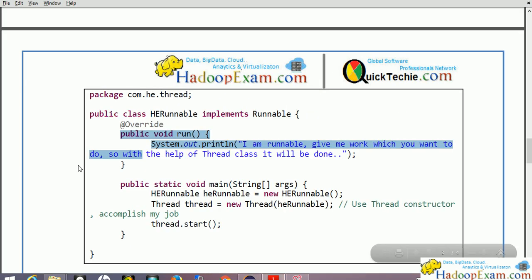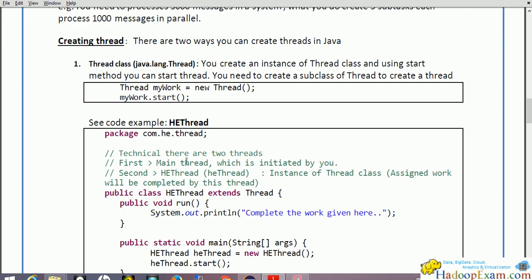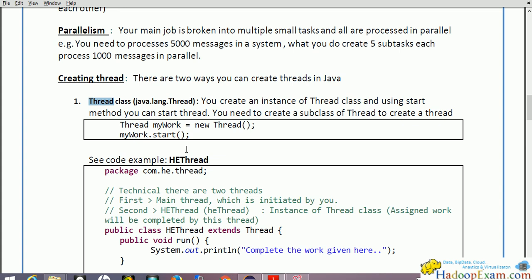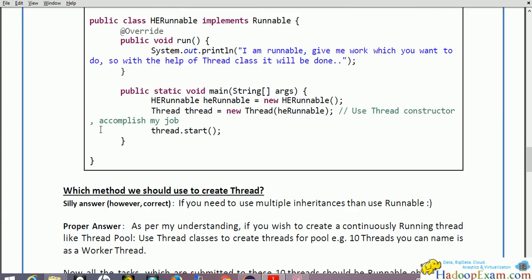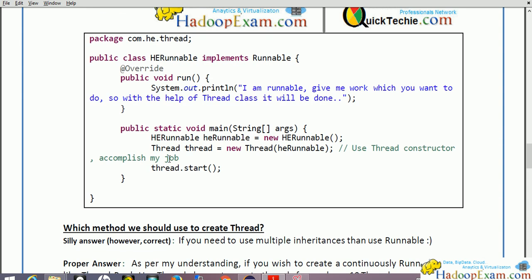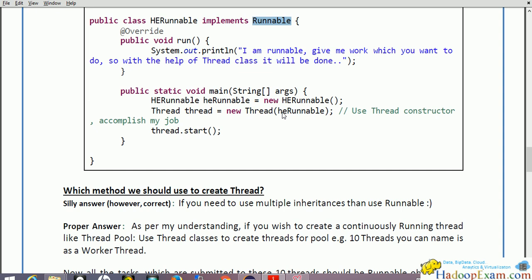Now the very important question, from the interview perspective or your understanding perspective: which method should I prefer when I am going to work on multi-threading? Should I use runnable or the thread class? What is your suggestion? Many people give very silly, very general answers, like runnable supports multiple inheritance, and that's the reason we need to use runnable. Frankly that is true, if you want multiple inheritance you should use it, but the interviewer wants to know something else. Where do you use it exactly? It's not a correct answer from that perspective.